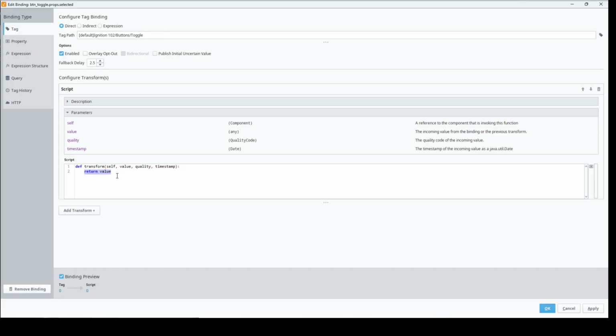So we would say if value, return true, else return false. Now this will return true or false based on the value of the tag, which will get rid of that error that we saw